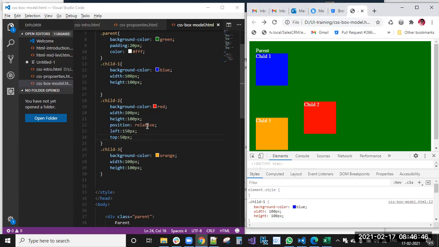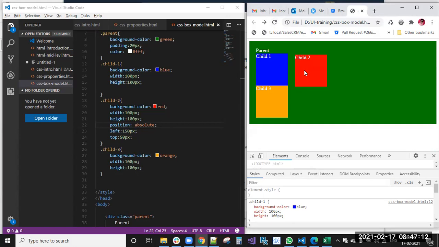But now for the same element I have applied absolute. Now you can see the difference. The document flow means one element is there, then the next element is there, and you don't disturb the first and second elements. But now with absolute, the width and height are there, and it has disturbed the current document flow. If I apply left 50 pixels, you can see that.